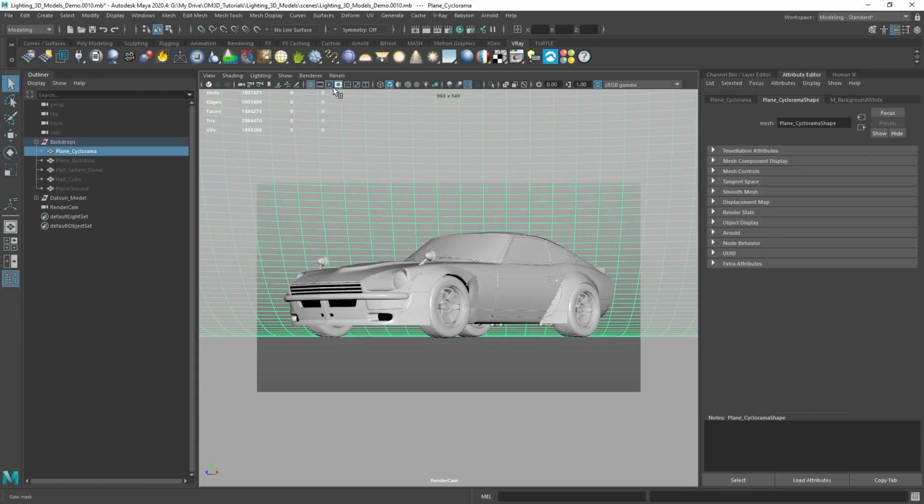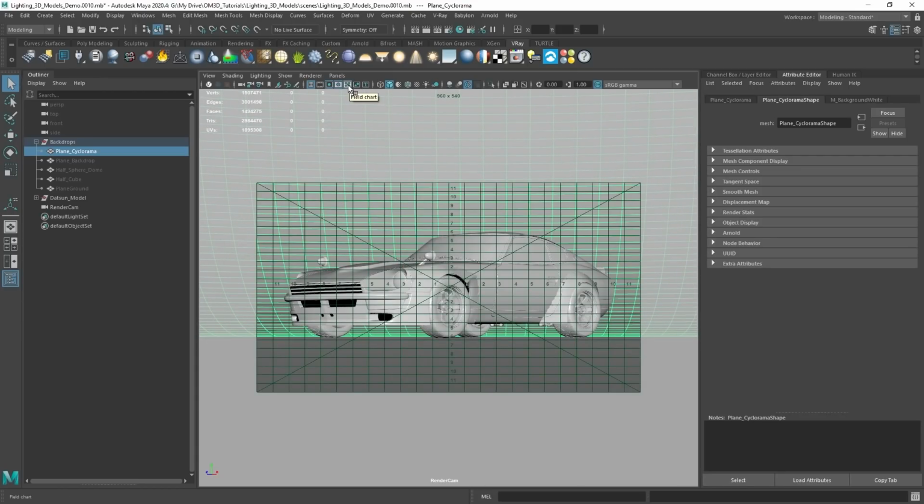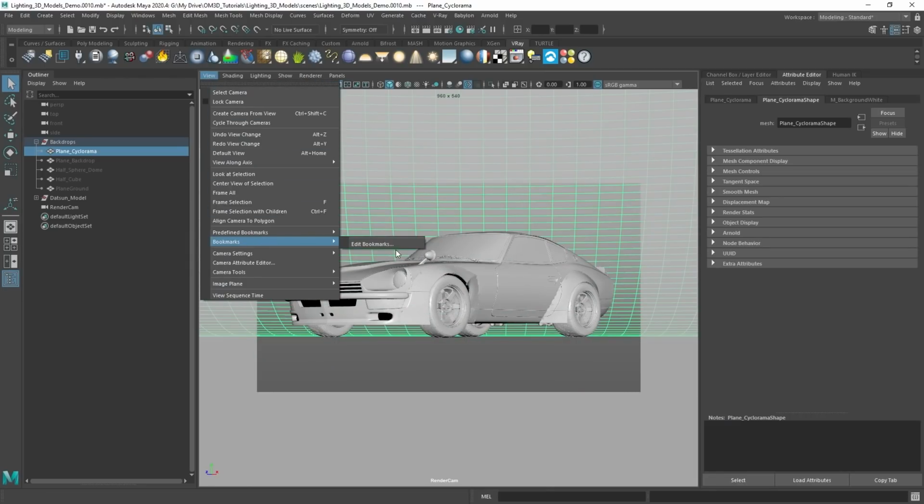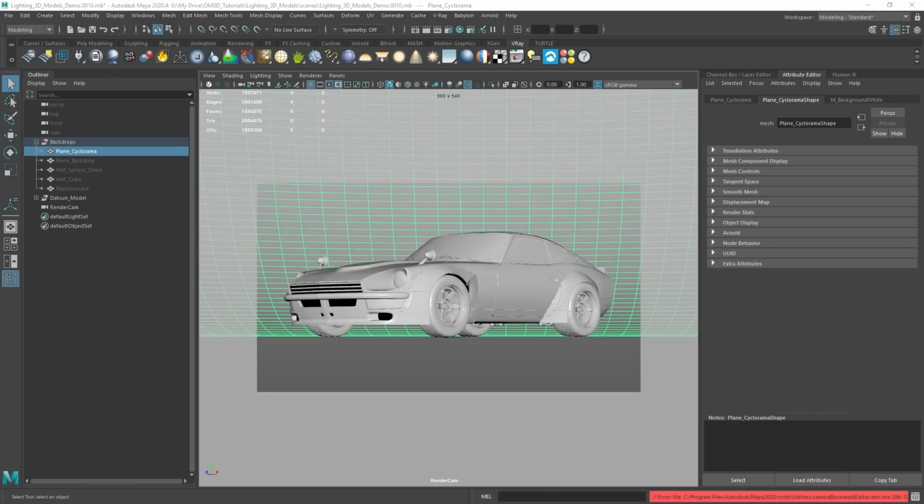So I like this. You can also use something like this, which is called the field chart, to get it nicely set up and even. This should give me pretty much exactly what I need. I like this. And what I can do then is go to view and then set up what's called a bookmark